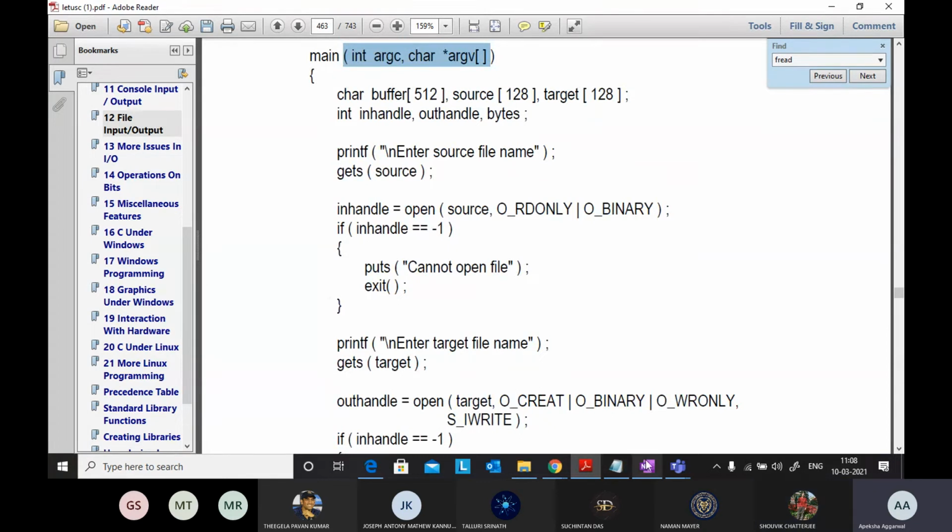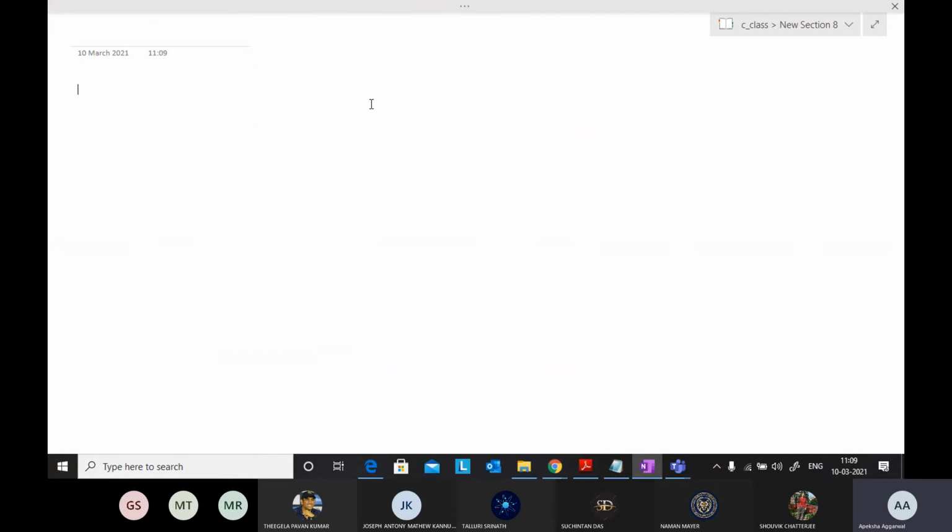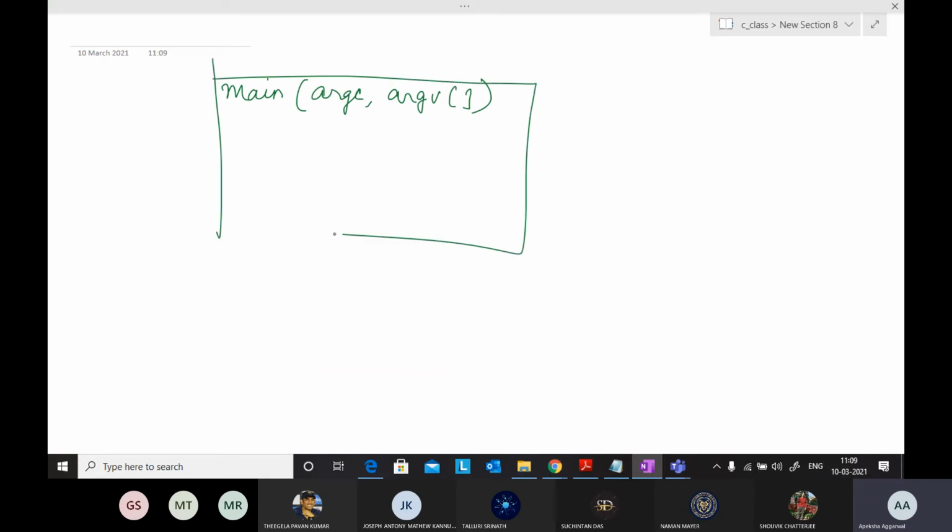Okay, so as I've already said, whenever I'm executing a program, main has two things: ARGC and ARGV. I have the option to execute the main program itself from here, or I can use the command line.